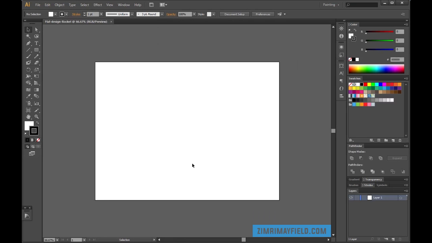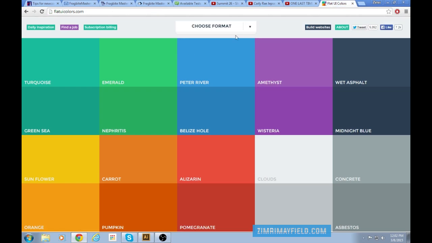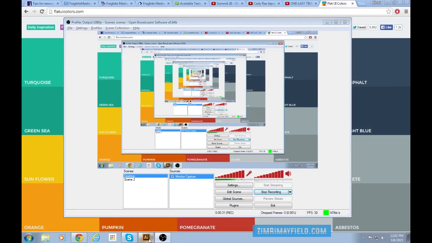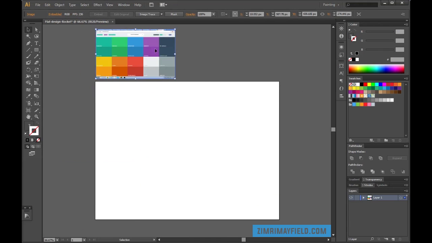Now for this I want a color palette of flat design colors. So where I can go is here, flatUIcolors.com. What I'd like to do is take a screenshot. And then I like to come back to Illustrator, Control V, and now I have my colors right here. Color palette, done. Now I'm going to make the background layer